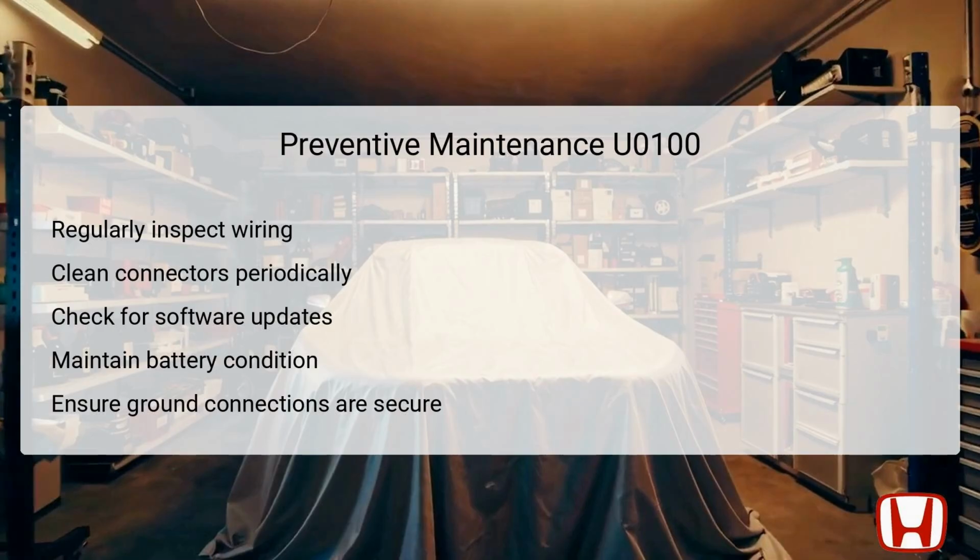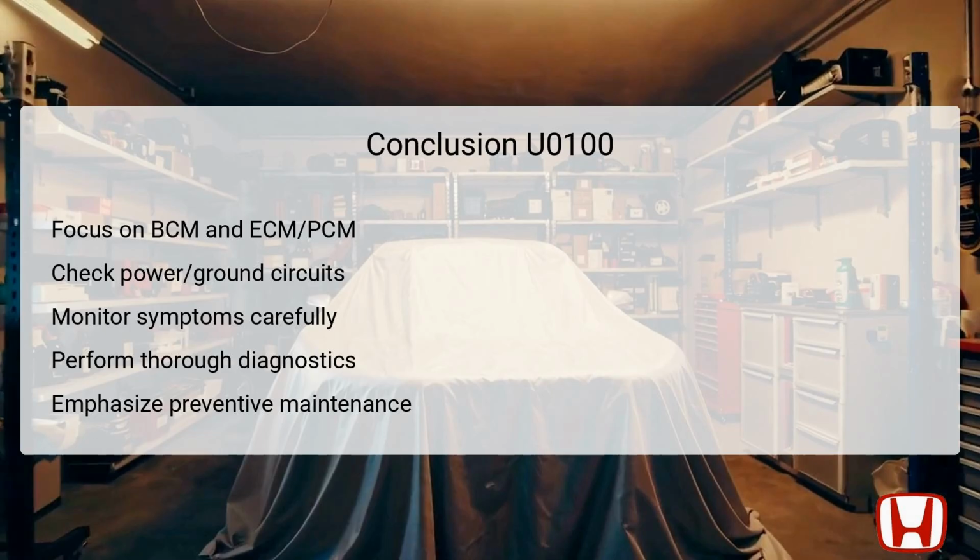Maintaining the battery condition is vital, as low voltage can impact the power supply to the PCM and BCM. Finally, ensuring that all ground connections are secure helps maintain a consistent flow of electricity, mitigating the risk of communication failures over time. In summary, the U0100 code highlights communication issues between the body control module, BCM, and the engine control module,